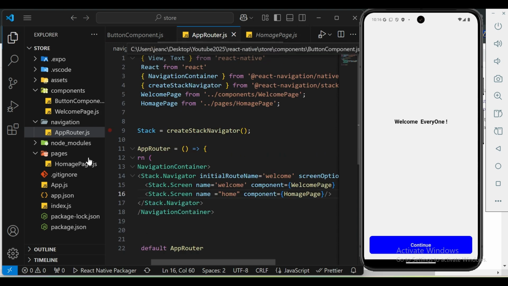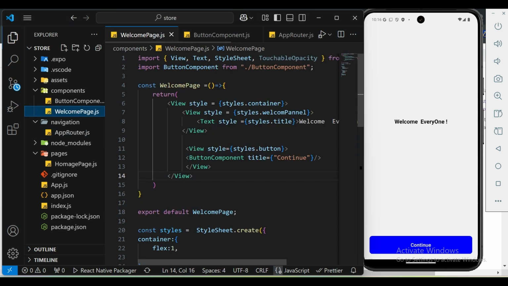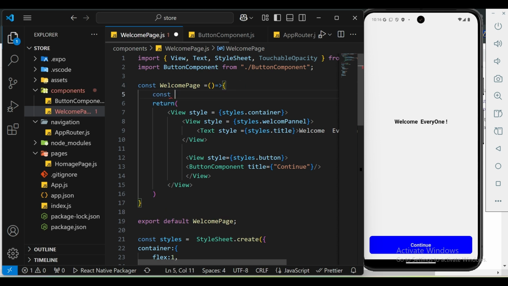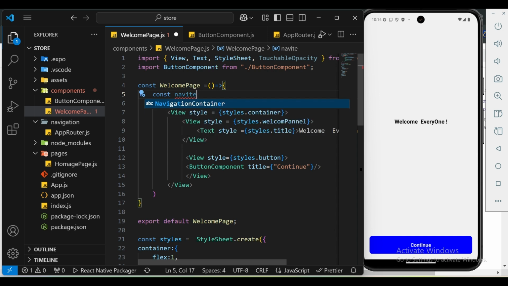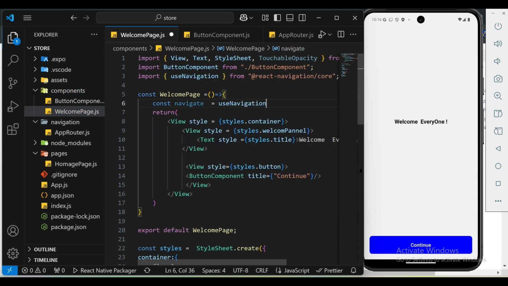Just come inside your welcome page, because this is the welcome page, and then create what we call navigate. This is a variable, right? You can call it whatever you want, but if you want to name a variable, just give it a clear meaning so that whenever you want to use it, it is easy for you. Now we want to use navigation, right? useNavigation will be imported from